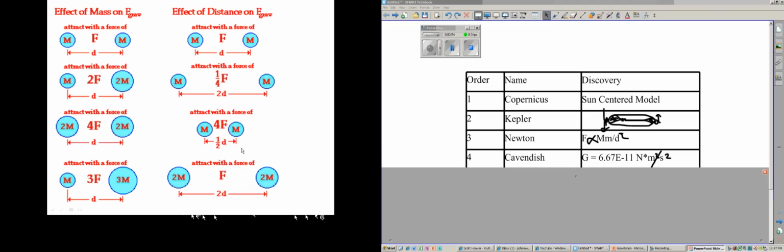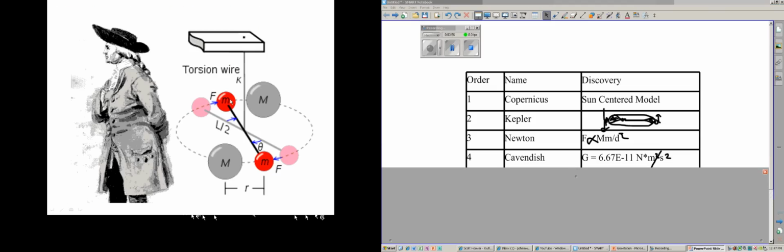Cavendish comes on the scene, and what Cavendish does is he uses a torsion balance. So the torsion balance calculates the amount of force between any two masses and the distance between them. He came up with the ratio of 6.67 times 10 to the negative 11. This was done many, many times, and this number goes out even further now, and you can find this in your calculator under the built-in constants, or you can just memorize the number as it's shown in the chart.